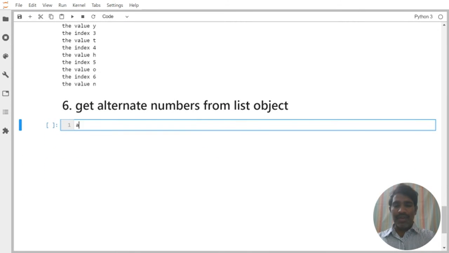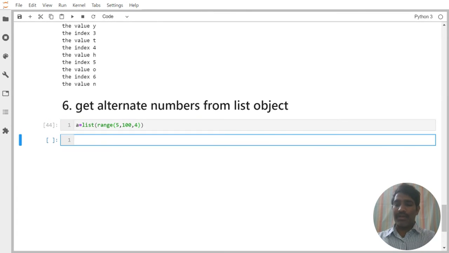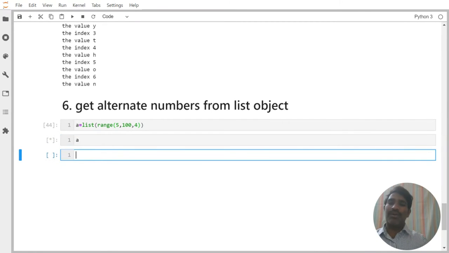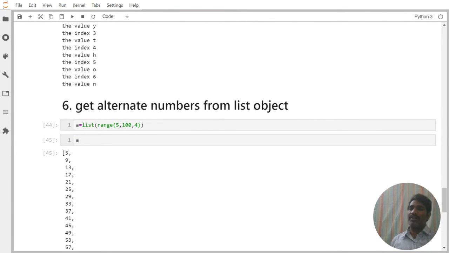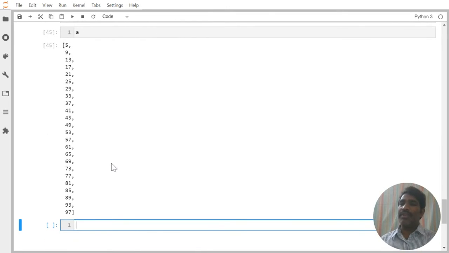For example, we create a list with range, with start value 5 and end value 100, and each time it is increasing by, let us say, 4. Now we have a equal to all the values, 5 up to 97.